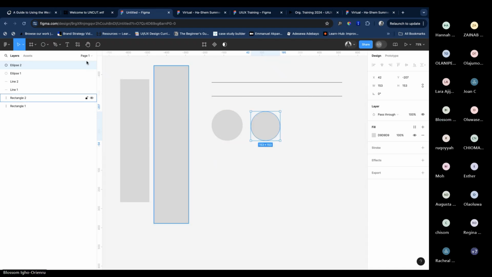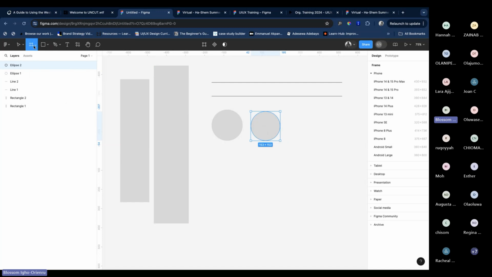So that's for shapes. Then this next one is frame. So if you click it, you will see frame. And as you click on frame, by this right-hand side, the properties panel, you would see different frames come up. So you have phone, tablet, desktop, different things. So this would help you if you want to design for a specific device. If you now want to design for iPhone 14 or 15 Pro, you don't need to start thinking, what is the size of iPhone 14? What is the size of iPhone 15? No, just